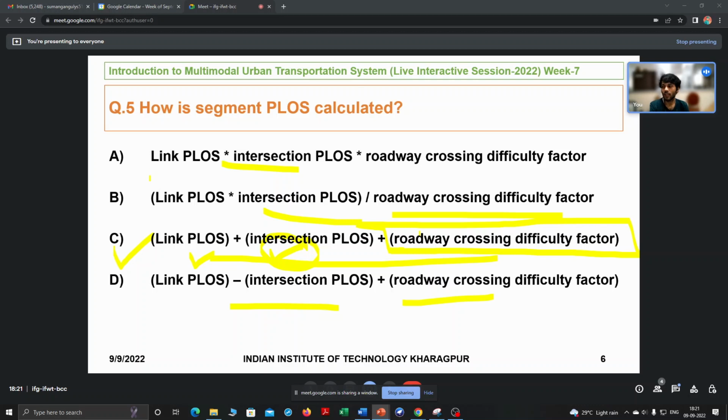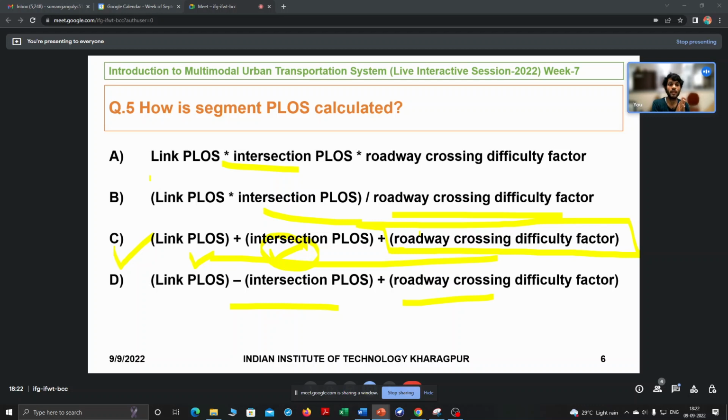So it is nothing to think about, because if you add them up, you will get the segment. Because if your biggest unit is the facility, the facility consists of some segments. Inside a segment, there is a link and there is an intersection. So if you add your PLOS score of intersection plus link, you would get the segment. But because there are other factors, to account for them you need to add an additional